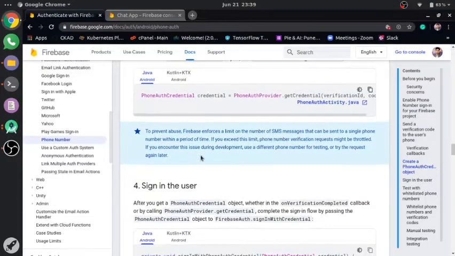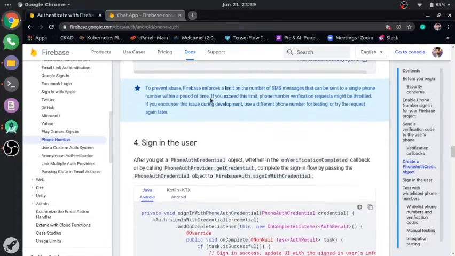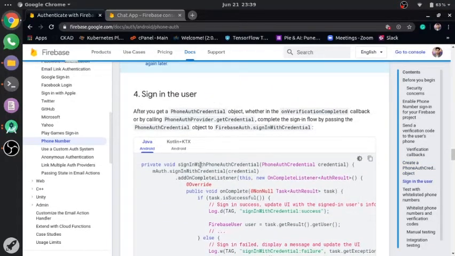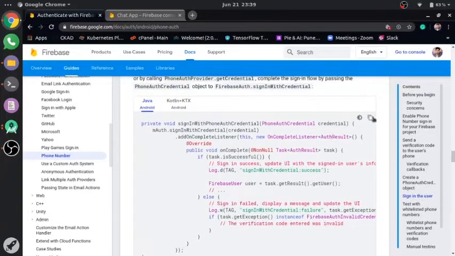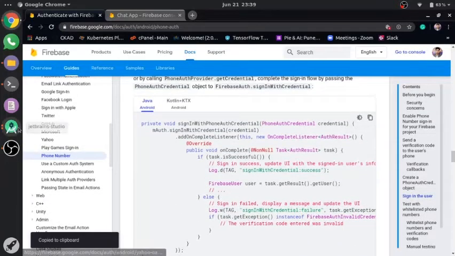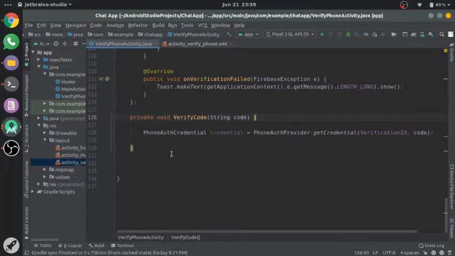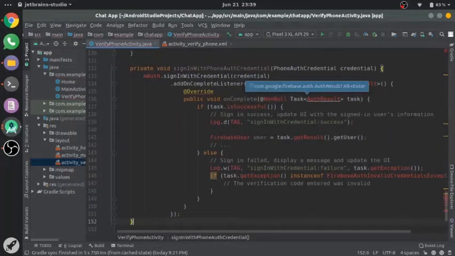So now the next step is to sign in the user. We have already created our credentials. Now we can call this function, sign in with phone auth credential. Let's copy this function and paste it below this function. Press Alt Enter and it will import all the libraries.